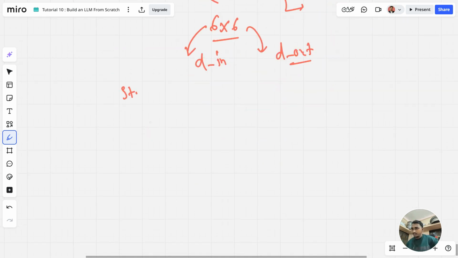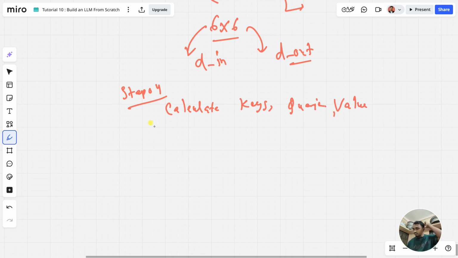In step number 4, we need to calculate the keys, the queries, and the values. Sorry for my bad handwriting. So how can we calculate the keys, queries, and values here? We essentially multiply the inputs with the WK,